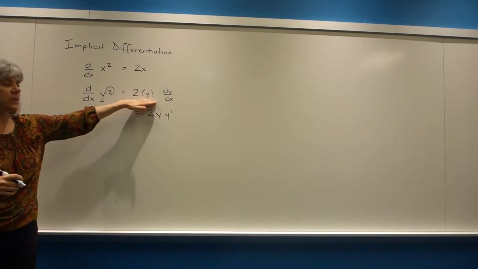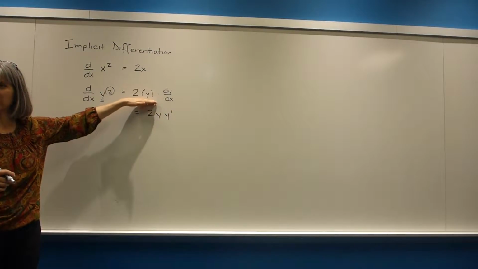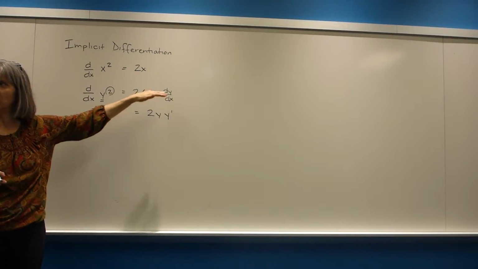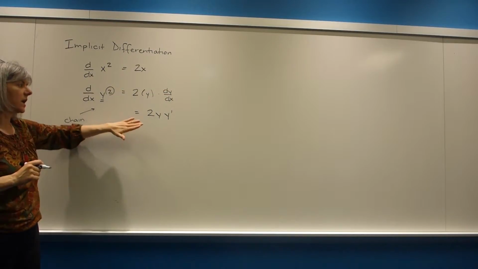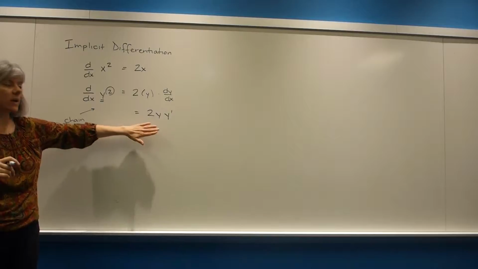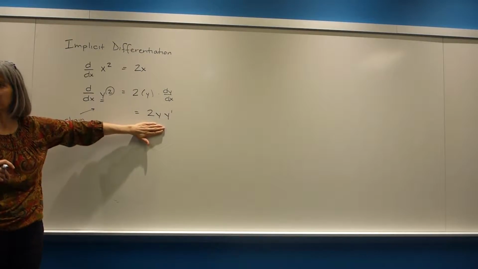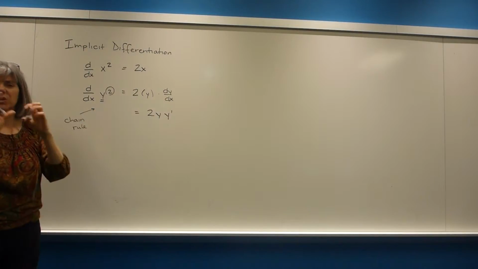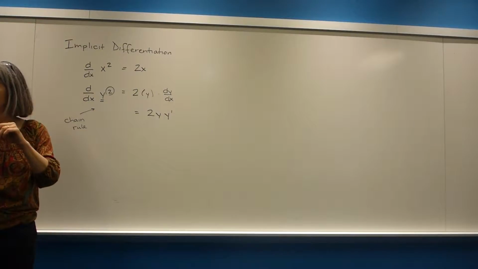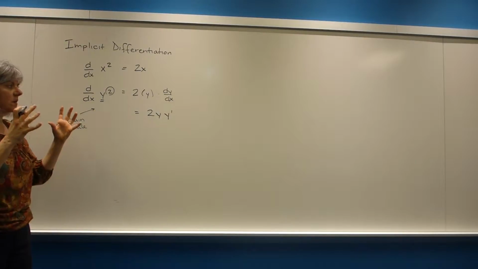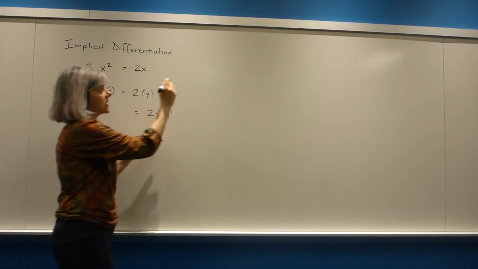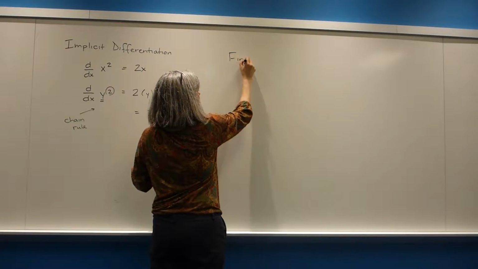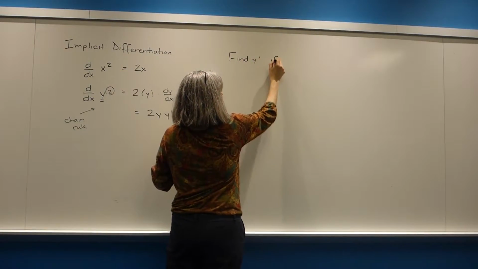So I often will do it this way when I'm doing it to begin with, just because that really is kind of driving home what I'm doing, keeping track of all the pieces. But here in a second we'll solve an equation. It's usually easier to write it this way with y primes because there's so many fewer letters. It's just a little bit easier to keep track of them. So let's look at a whole example. So find y prime if